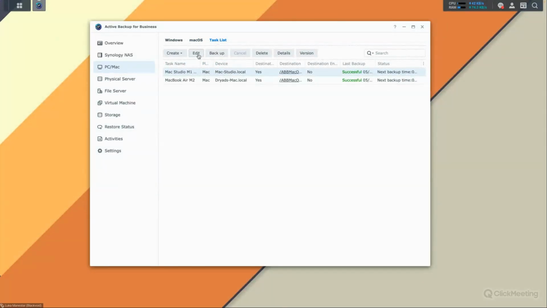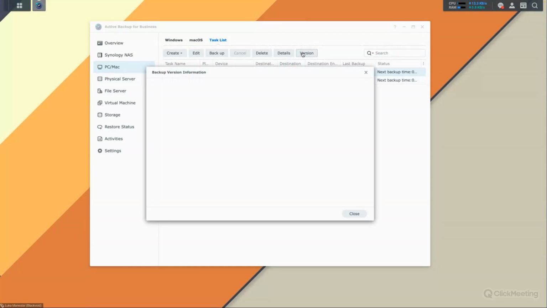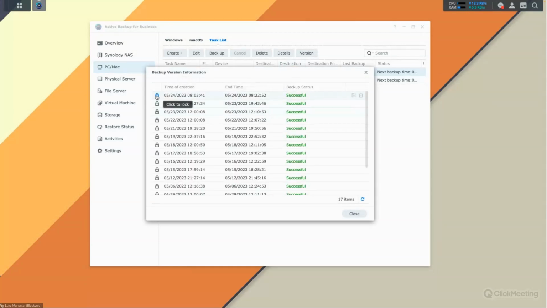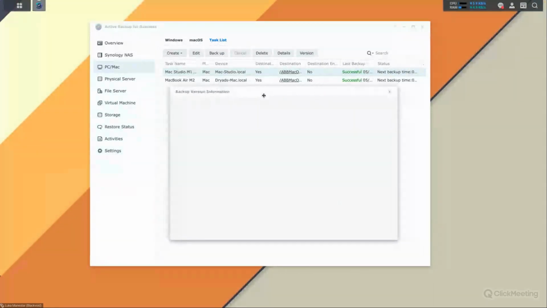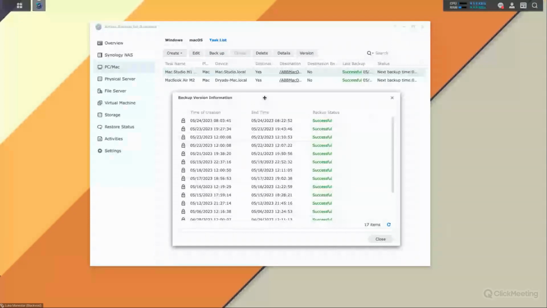Obviously, you can edit and do time scheduling, trigger backups, choose how often you want the backup, how many versions you want it to have, and whether or not you want a specific version to be locked. You can do that from the user interface as well. So, multiple options, but the main reason why I prefer Active Backup over Time Machine, although I'm an Apple user,